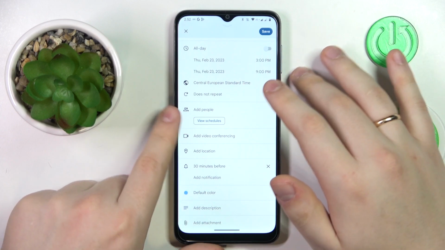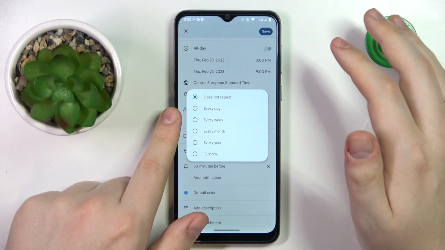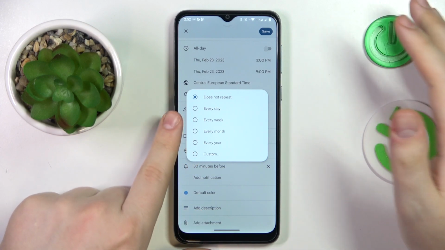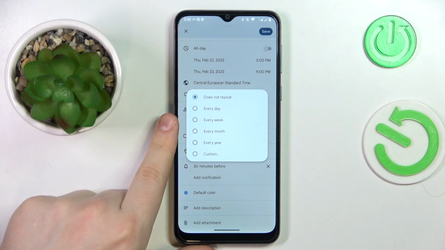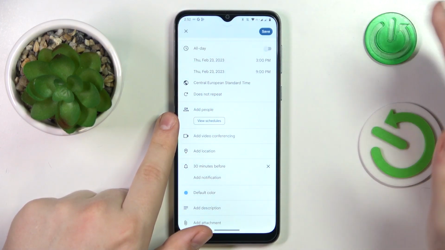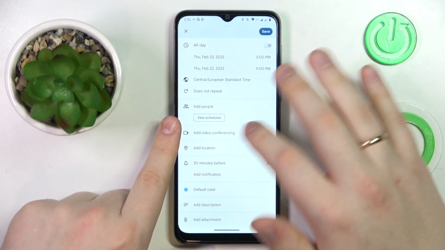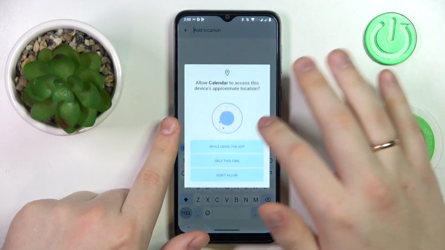You can change the time zone, decide whether you would like for this event to be repeated or not repeated, respectively, daily, weekly, monthly, or yearly. You can invite some people to be the participants of this event, add some video conferencing for it, add location,